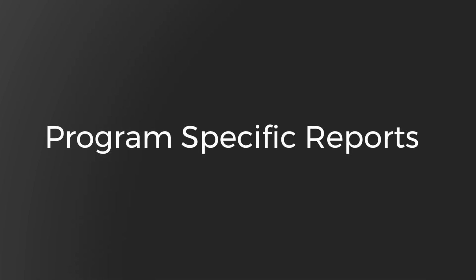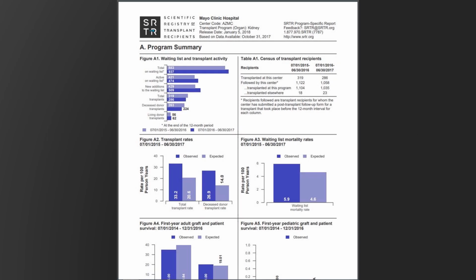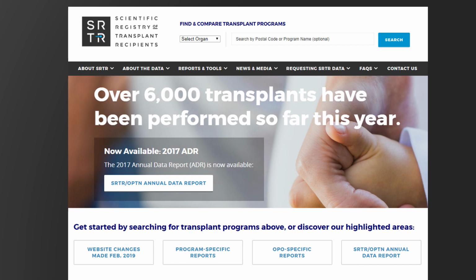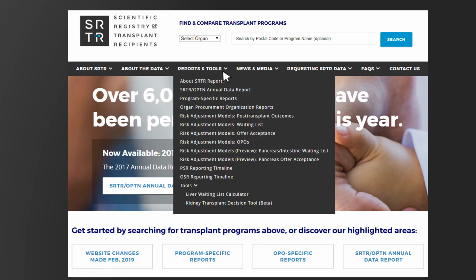The program-specific reports are provided for transplant centers to monitor their program performance. They are developed utilizing data collected by the OPTN through the TIEDI forms, as well as from additional sources such as the Social Security Death Master File. New PSR reports are posted every 6 months. Transplant programs can find their program-specific reports on the SRTR public website by clicking on the Program-Specific Reports button here on the page, or by going to Reports and Tools on the navigation bar and selecting Program-Specific Reports from the